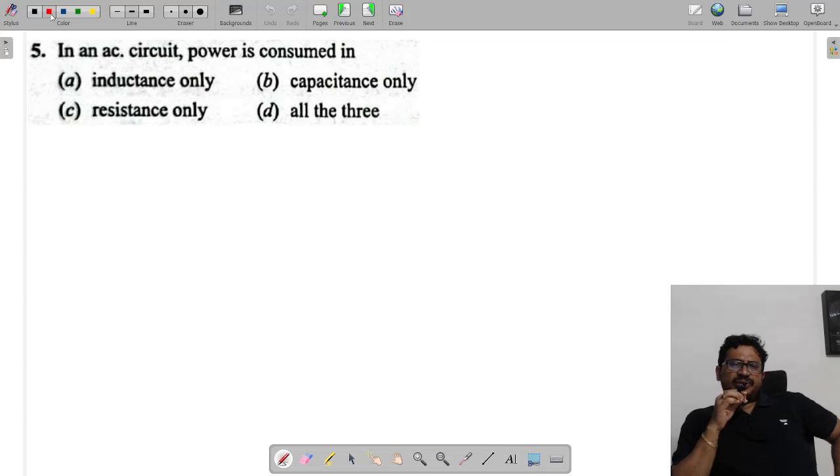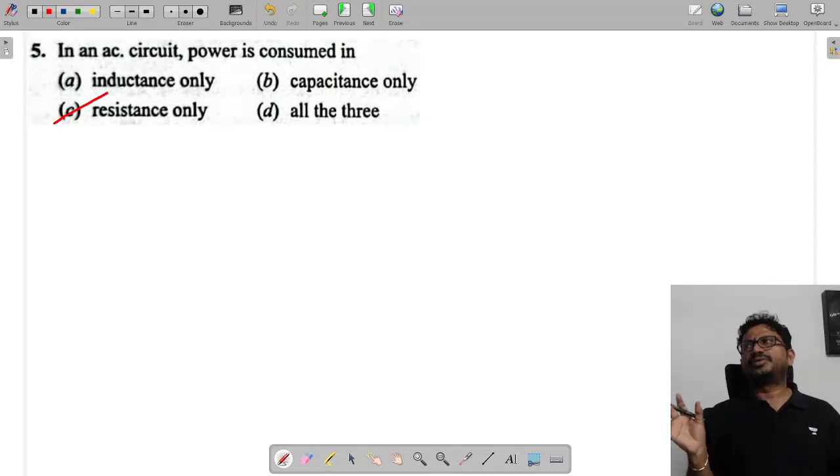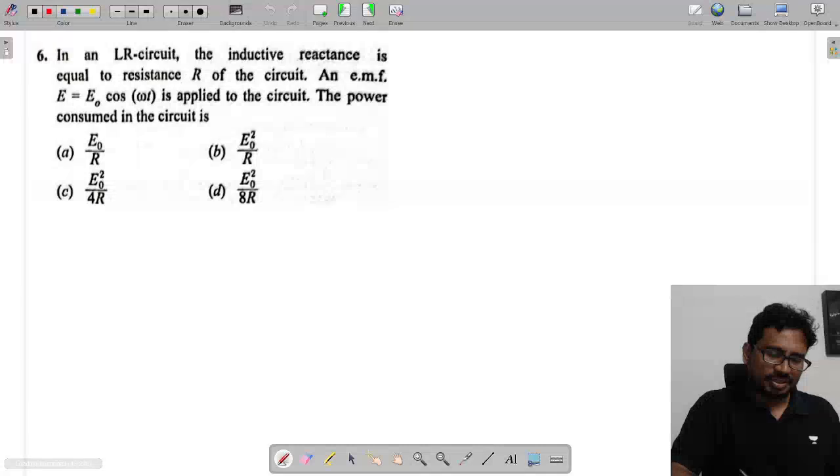In an AC circuit, power is consumed by... Yes, the power. Who will consume the power? You tell me. In AC circuits, power is consumed, dissipated, delivered. Everything will be done by the resistor only. Next,